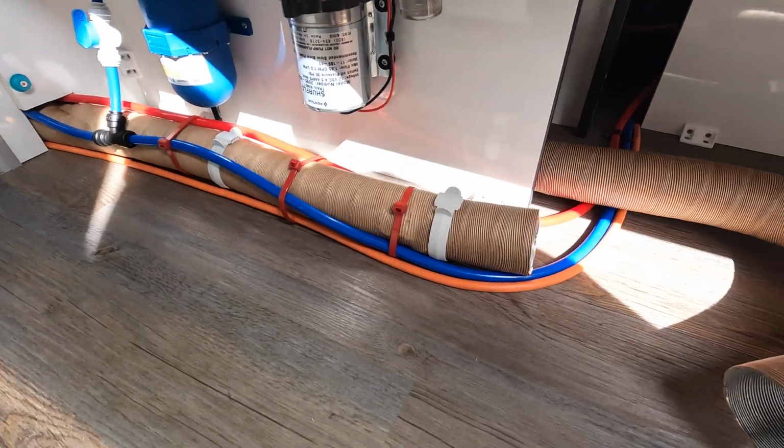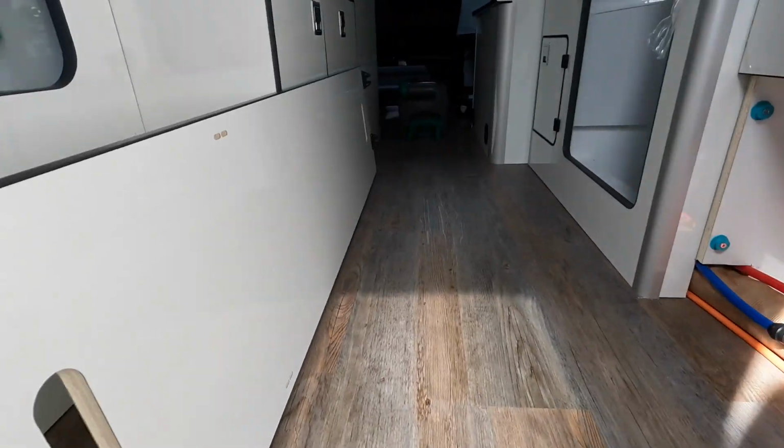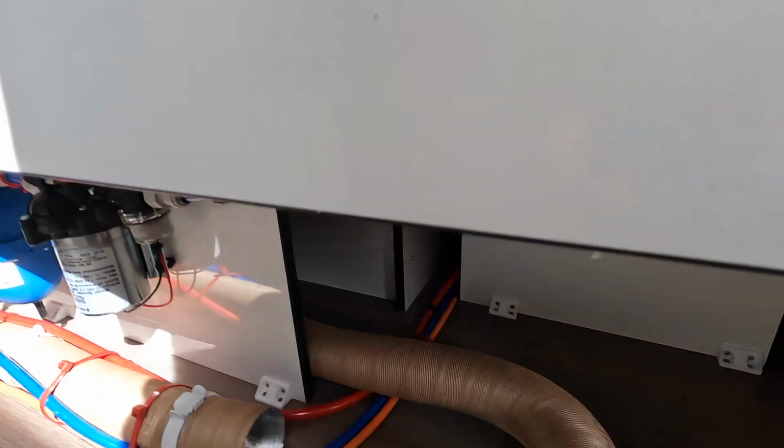Well, that's the ducting bit now for here. What I've done, just trimmed it there, so that's where the T-piece will come in, and then that'll go onto that panel there. I'm not going to drill it yet till I find out how big that T-piece is. And then through the back,